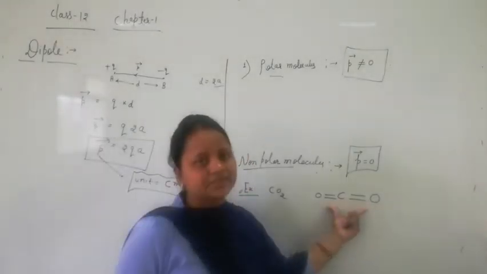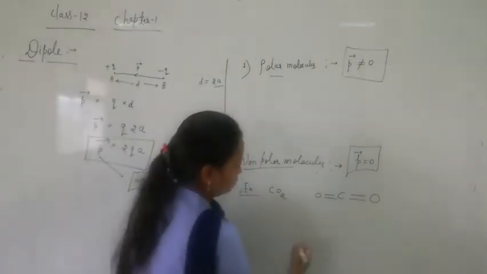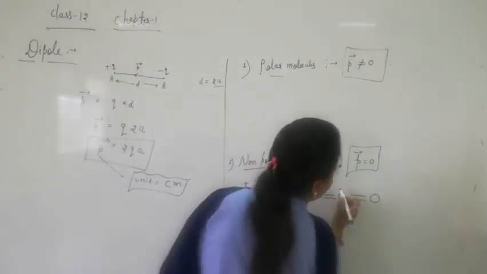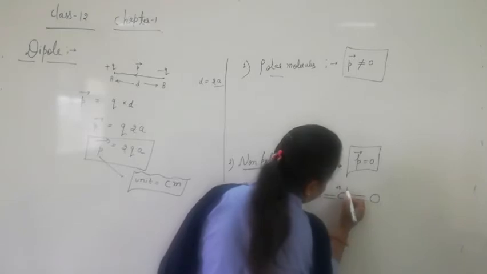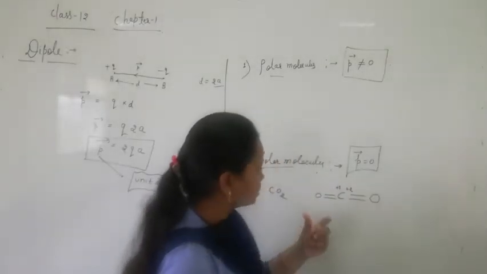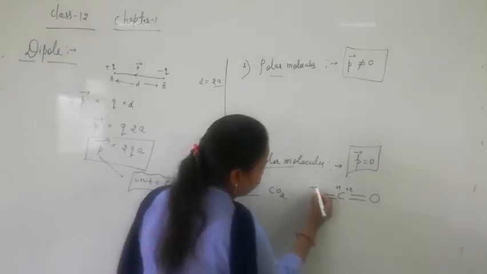So here the structure is linear. In carbon, 4 electrons are in the outermost orbit, so plus 2 and plus 2. Separate the 4 valencies. Then oxygen has -2